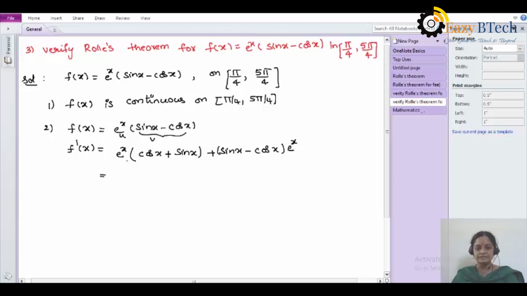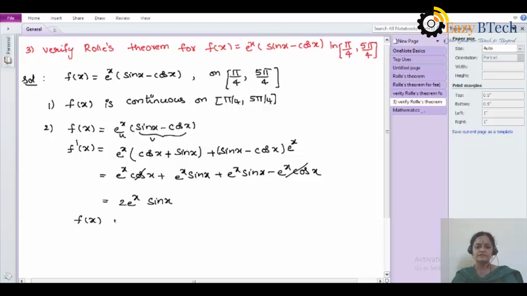Now doing the multiplication, e power x cos x, again e power x sin x, here also e power x sin x minus e power x cos x. Now cancelling the two terms, e power x cos x and e power x cos x, the remaining term is 2 e power x sin x. So according to this, you can say that f of x is derivable